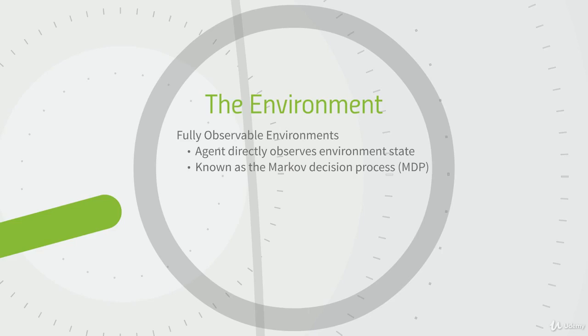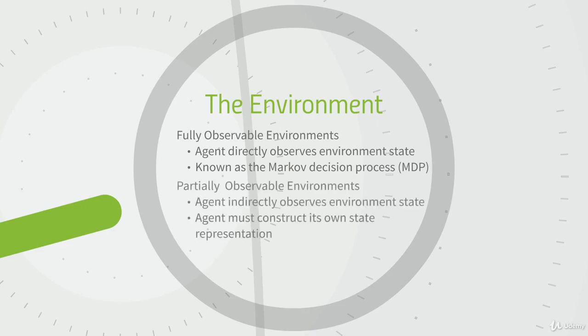Fully observable environments are when the agent has complete access, complete knowledge of the environment that it's in. Maybe it knows all of the rules of the game that it's playing, or it understands the complete map of the maze that it's trying to solve. In other scenarios, you're going to have partially observable environments, and the agent indirectly observes the environment state. For example, maybe we have a robot that's trying to navigate through our maze, but the robot only has a camera and doesn't know its absolute location. So the environment or the state is going to be dependent on the location of the robot, but the robot doesn't understand that.